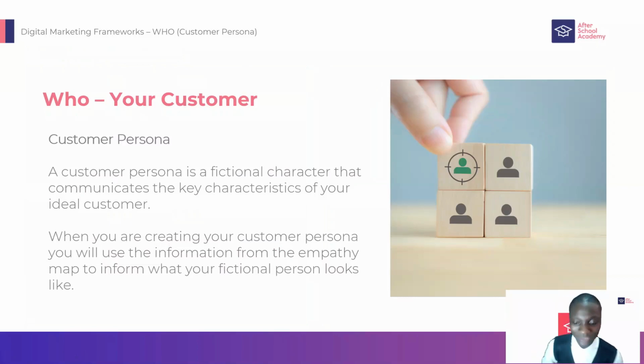Okay, now let's go to the third aspect, or the third tool you use in getting to know your customer very well, so that you can create a product that they are eager to buy, that as soon as you say buy, they are ready to purchase your product, so that your marketing message can be laser focused. If you are selling to everybody, you don't have a customer group. You must have a target audience, okay? And that's why you are learning all these. And these are the things you do in order to know your customers very well, okay?